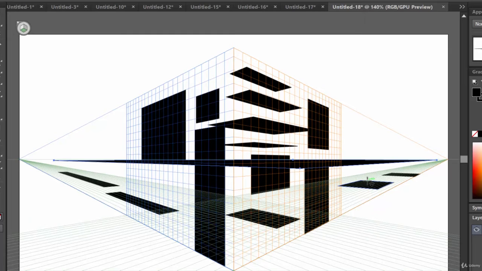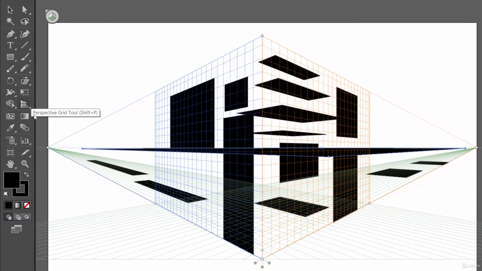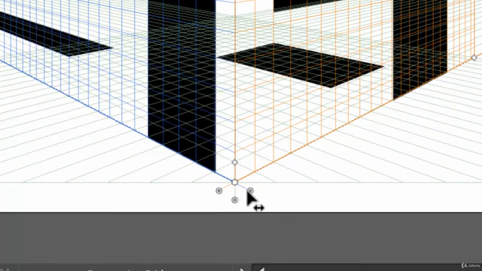Now, as I have told you, we can modify this grid. Let's take a look. Let's select this perspective grid tool. When you have selected this perspective grid tool, at the bottom you will see three handles.